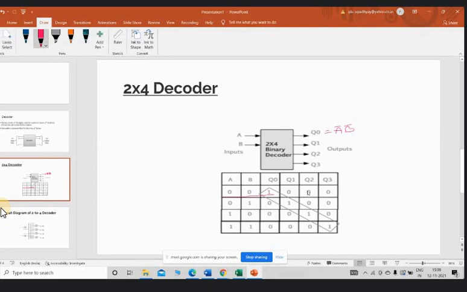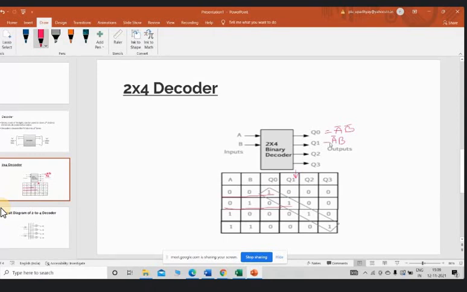Now coming to Q1, again check this column, Q1 column. Only one value is high. If multiple rows value is high, then you have to write according to that. Assume in this Q0, if this third row is 1, so we have to write A bar, B bar plus A, B bar. But over here, this is not the scenario. For Q1 also, this particular line is high, so this is A bar and B. A bar, B for Q1.